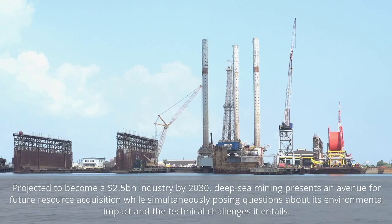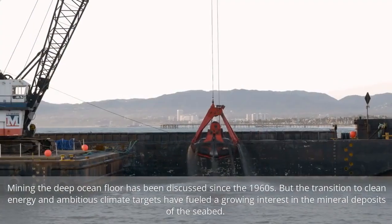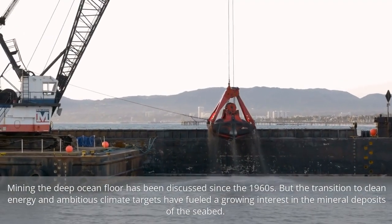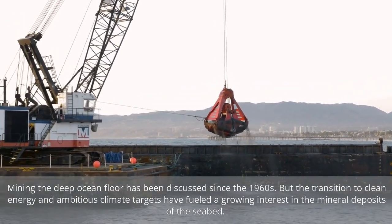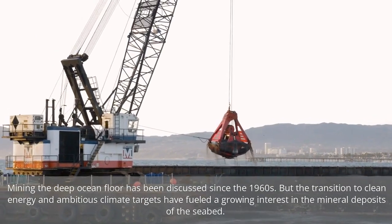Projected to become a $2.5 billion industry by 2030, deep-sea mining presents an avenue for future resource acquisition while simultaneously posing questions about its environmental impact and the technical challenges it entails. Mining the deep ocean floor has been discussed since the 1960s. But the transition to clean energy and ambitious climate targets have fueled a growing interest in the mineral deposits of